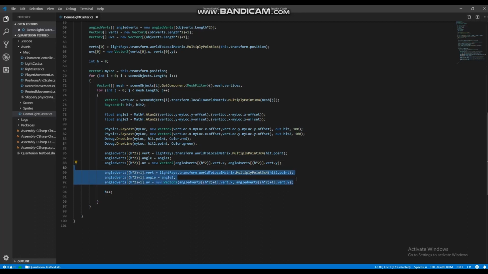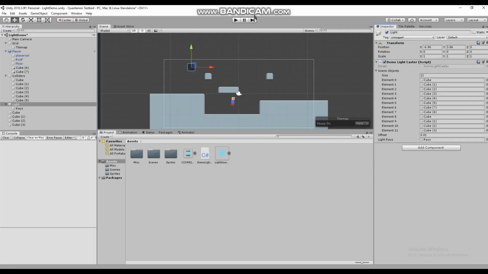This is basically the same thing. You just want to be careful with the things that are different. For instance, all 5 of these locations have a +1. So this location, this, and this, and this all have that +1. And then also we're doing hit 2 instead of hit 1. And then angle 2 instead of angle 1. Other than that, it's the exact same thing. And then after all of that, we increment h by 1 so that we're going to the next locations the next time around. Now, if we go back into Unity and run this,